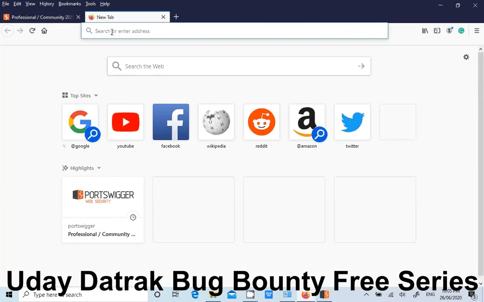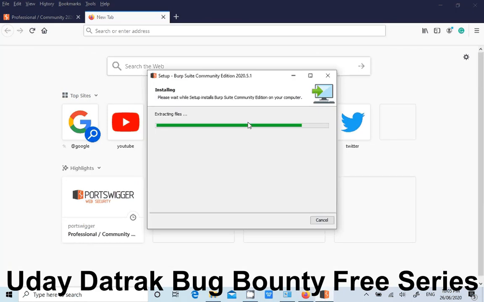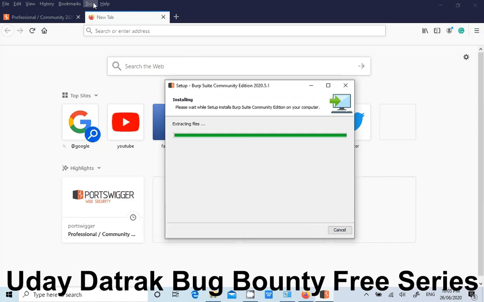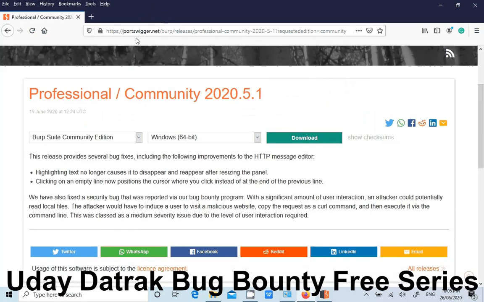Do not open any other website, because the other websites' requests will also be seen in Burp Suite and it will be confusing. If you want to open another website, then use another browser like Chrome, because we are setting up the Burp Suite proxy in the Firefox settings itself. I'll be showing you how now. So these are the two very important things to remember, so as not to mess things up.